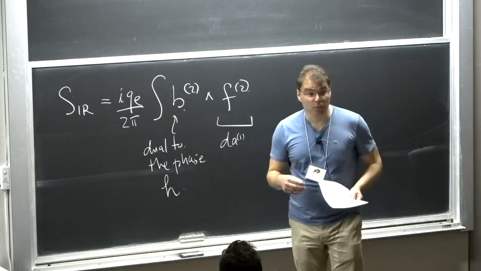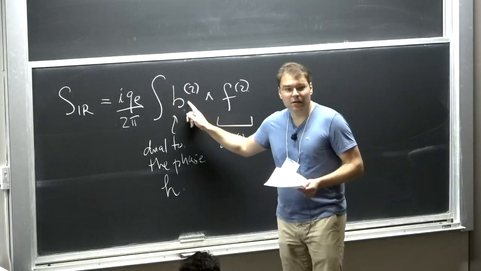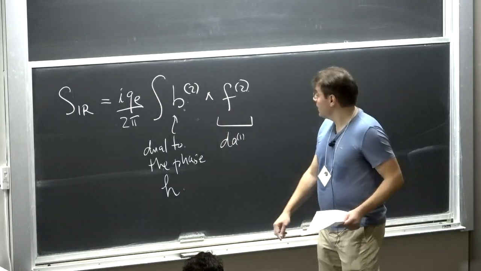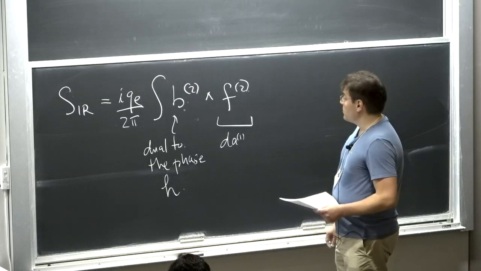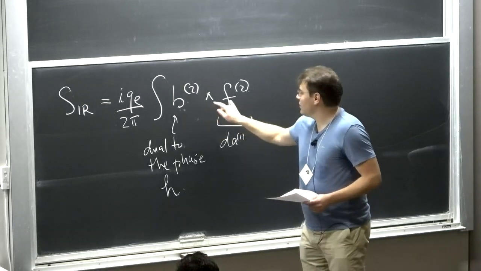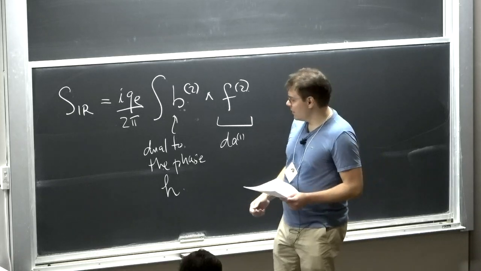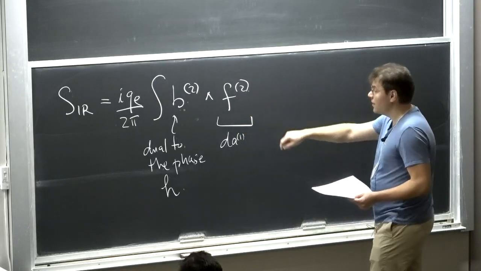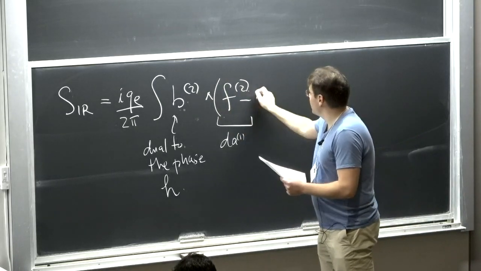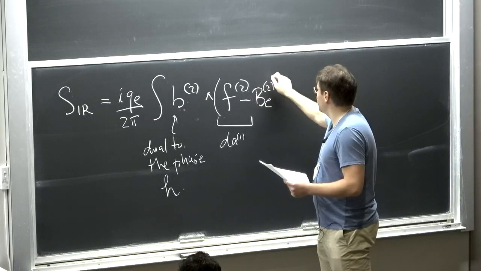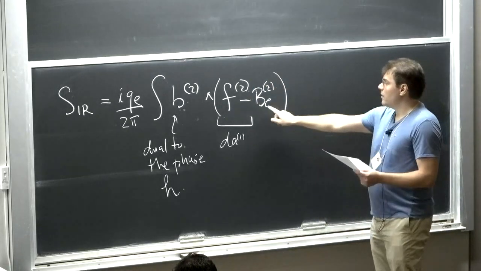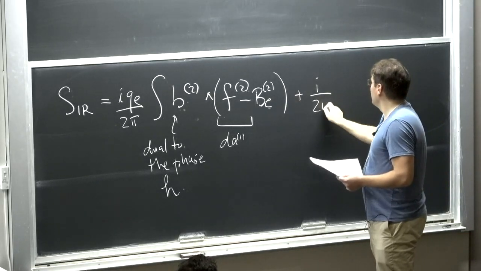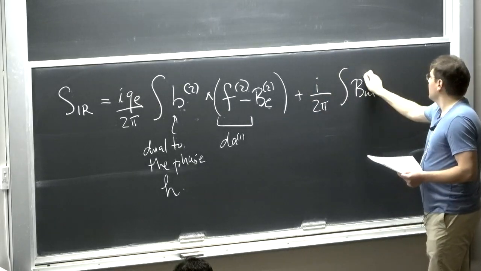And in 4 dimensions, if you dualize a compact boson, you get a B field, not another boson. In 2 dimensions, you get another boson. In 4 dimensions, you get a B field. So this is, roughly speaking, the dual description of the phase of H. And therefore, this cross term, roughly speaking, captures the Higgsing that takes place. And these are all the dynamical fields in the theory. But it'll also be important for us to understand the background field. So, of course, the Maxwell field comes with its B electric background field. Remember that this B electric is now discrete. It's ZQ valued. And we still have the coupling to the continuous magnetic background field as well.